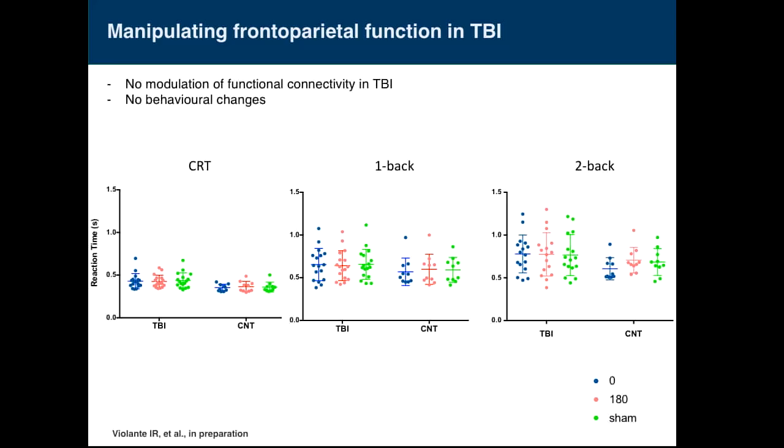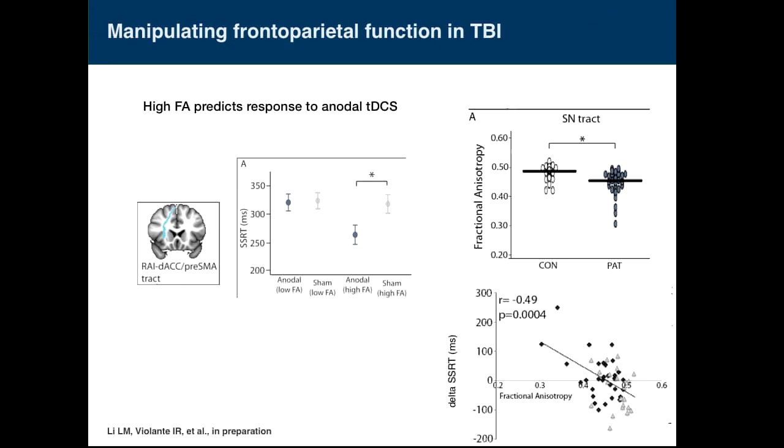Interestingly, in the patients, there are no modulations in functional connectivity. So it might be that due to this diffuse axonal injury, we are not passing this phase information as effectively as happens in healthy controls. And we also don't see any behavioral changes in the patients. So what we're going to look at next is whether FA, so the structural connectivity between different tracts in the brain, can explain this, because we saw that this is the case when you do nodal stimulation.